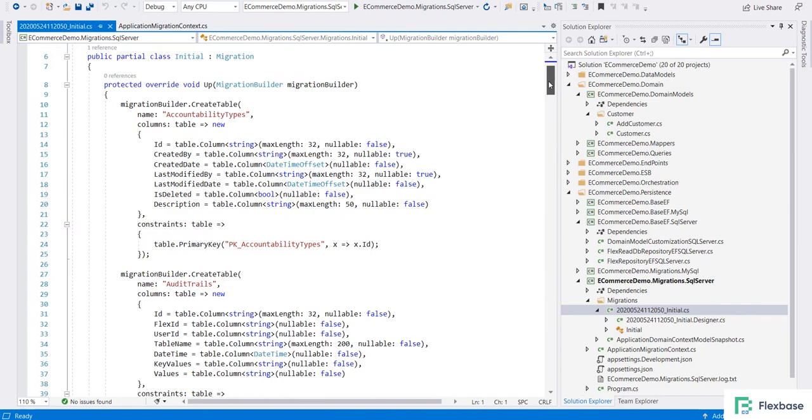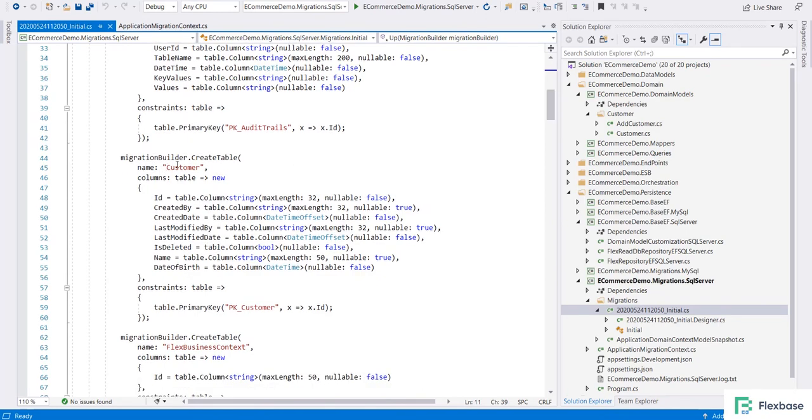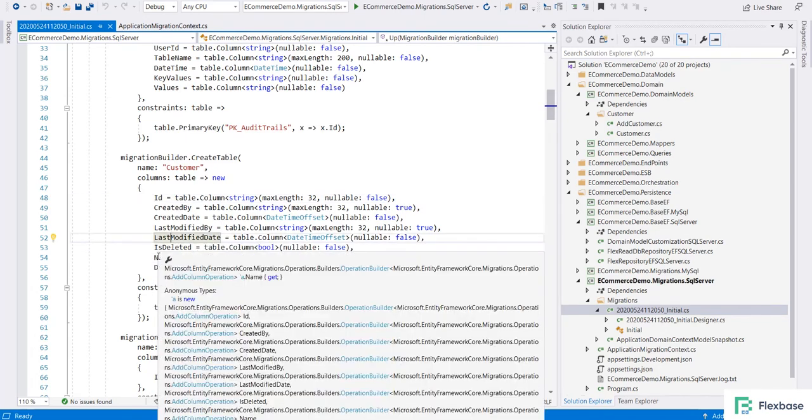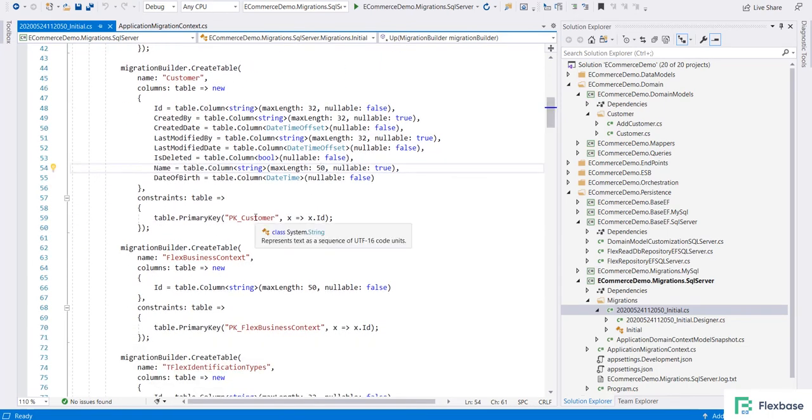So we have here some inbuilt Flex tables that are required. If you see here, we have the customer table created where ID is the primary key and all other fields have come. Our name field is created with length 50. So you can see primary key is created.